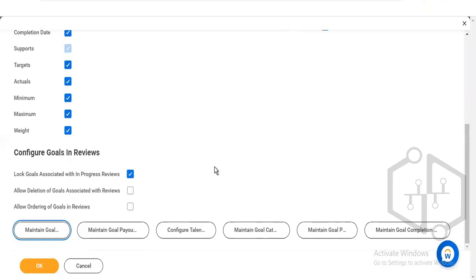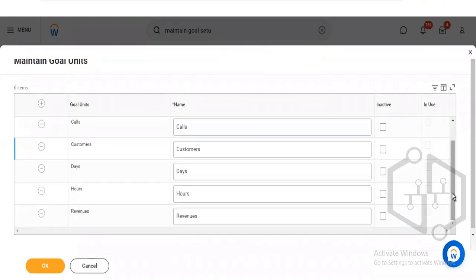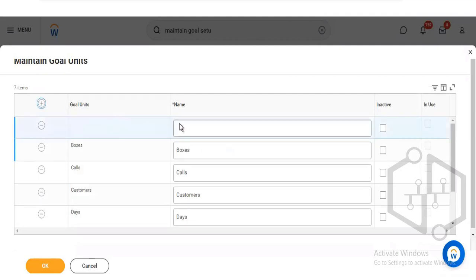I should have opened that in a new tab. So here you can see there are different goal units that you were seeing yesterday, and you were asking me what if I want to create a new one. Normally, maintain goal setup is the task from where you can go ahead and create it. If you want to create any other goal unit, you can just put a name,